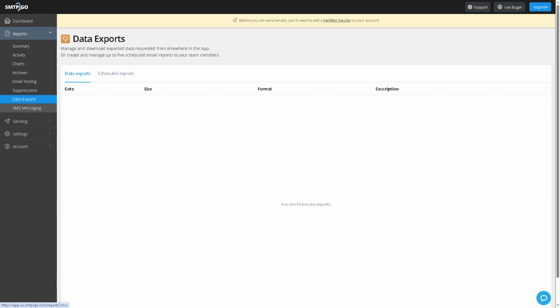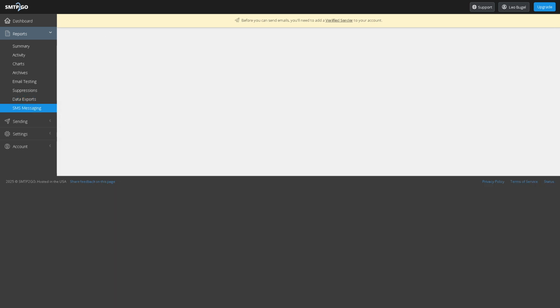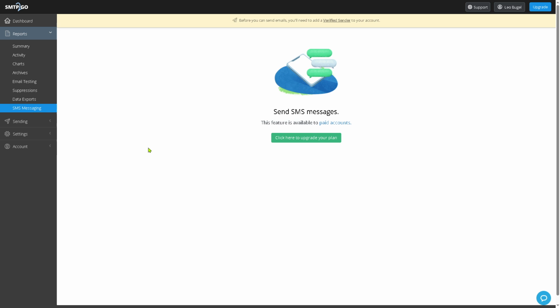All right. The SMS messaging is where you can send SMS messages if your account includes SMS functionality. Again, this is a paid account or part of a subscription plan. The sending